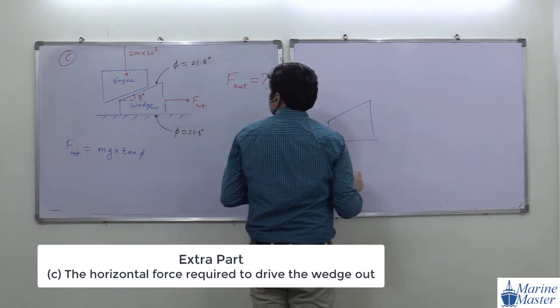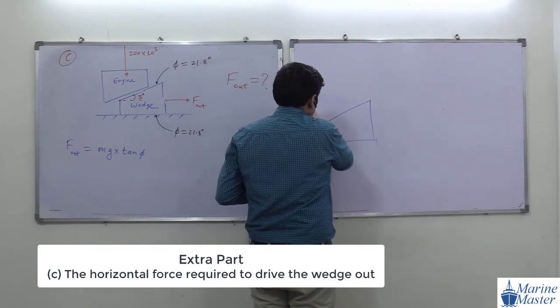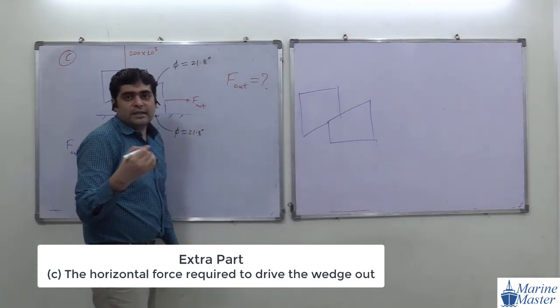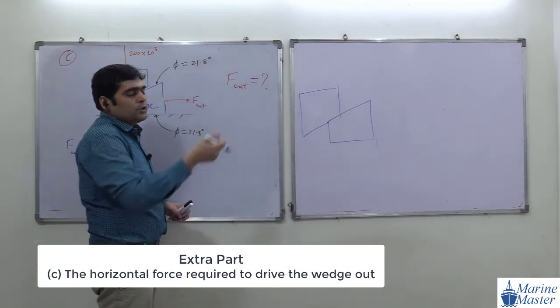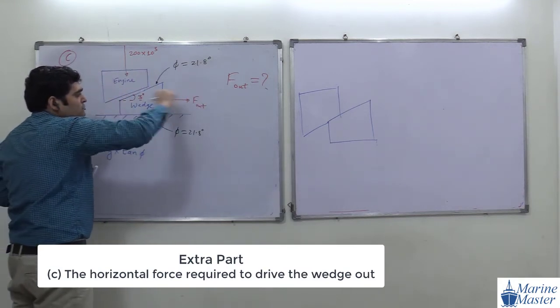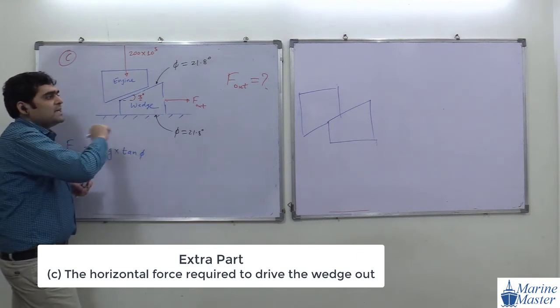This will become what, guys? Our engine. And this will become what? See the point here, everyone. If you move the story, so guys, in the theory we studied what? Force required to move the block down the plane. So taking out means what? Taking out the wedge means what? What is meant by taking out this wedge?